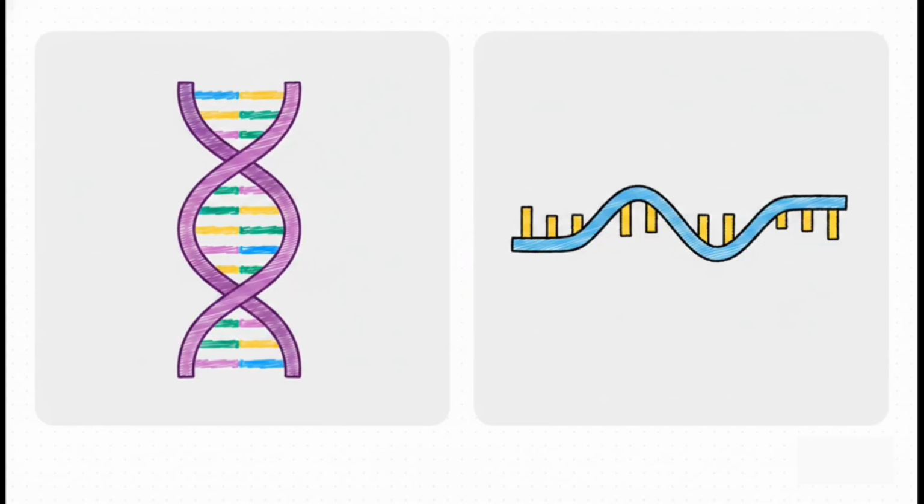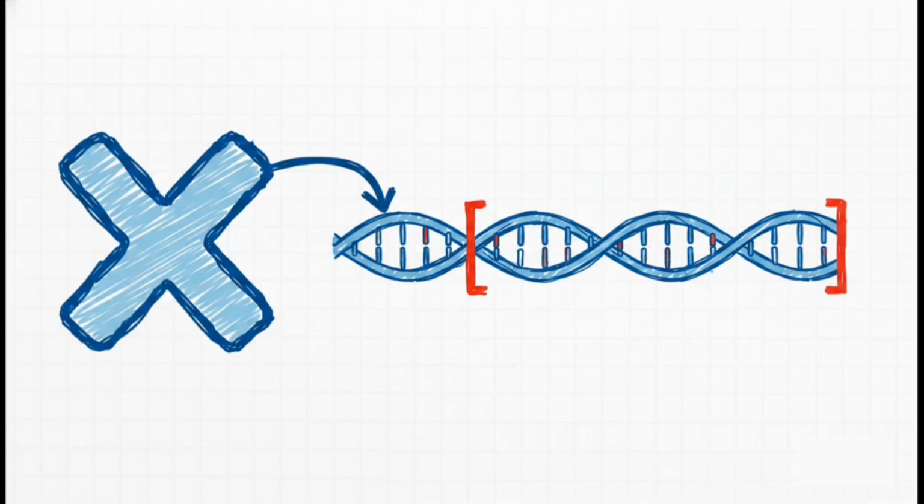Now, if we actually zoom in and peer inside those 46 chromosomes, past all the tightly packed proteins holding them together, we find the real chemical basis of life. DNA, or deoxyribonucleic acid, looks just like a spiraling, twisted ladder. Its counterpart, RNA, usually acts like a single-stranded messenger. The truly mind-blowing part is that the chemical rungs of this DNA ladder literally spell out the exact instructions for building a human being. To put it simply, the chromosome is the vehicle, the DNA is the chemical instruction manual,